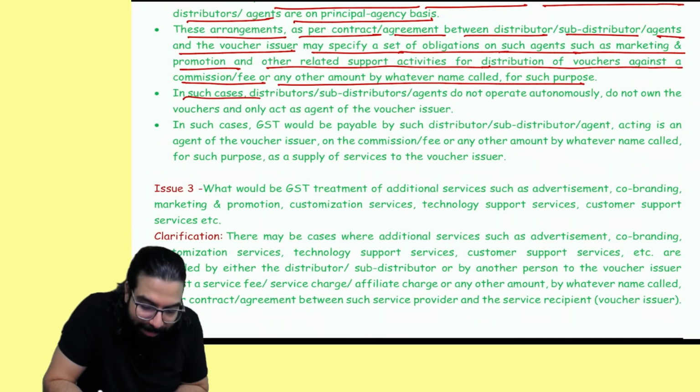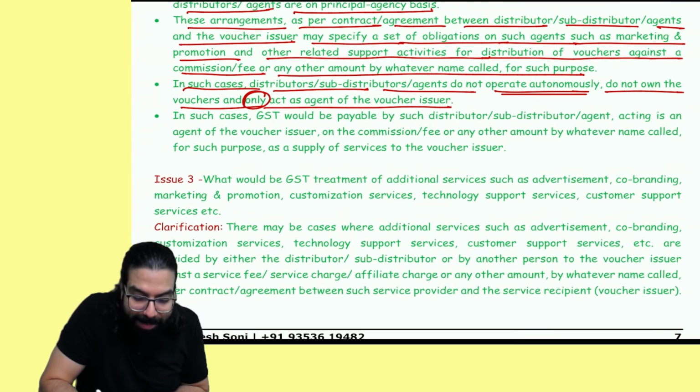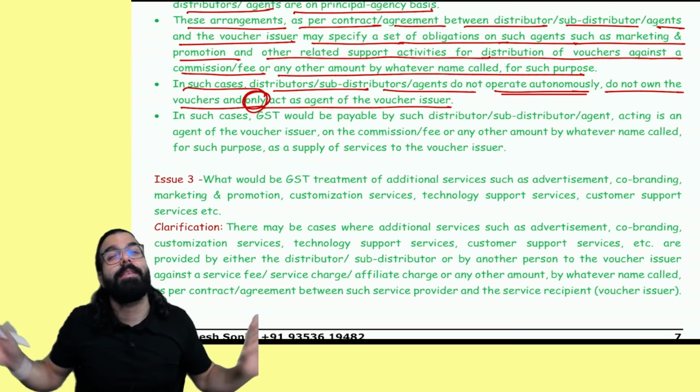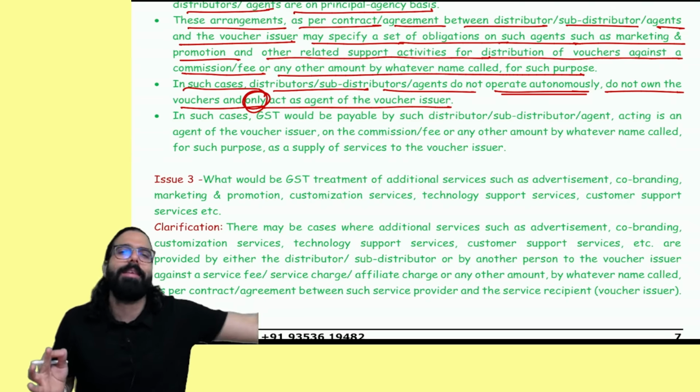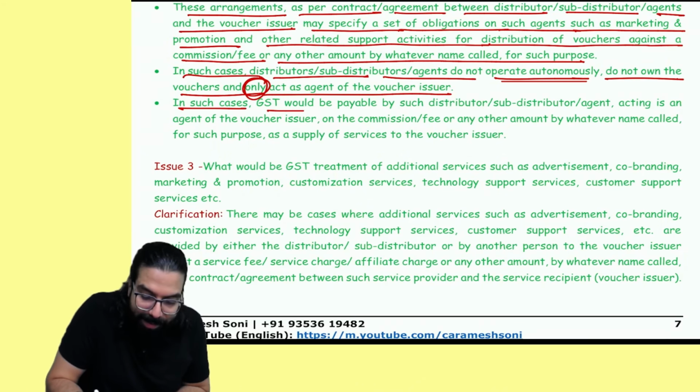Then, in such case, the distributor or sub-distributor agent does not operate autonomously, does not own the voucher and only acts as an agent. I'm just acting as an agent. I'm not buying and selling. If I'm buying and selling, then there is no GST. But here, in such case, GST would be levied